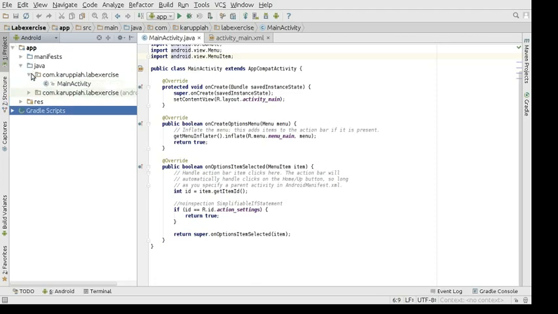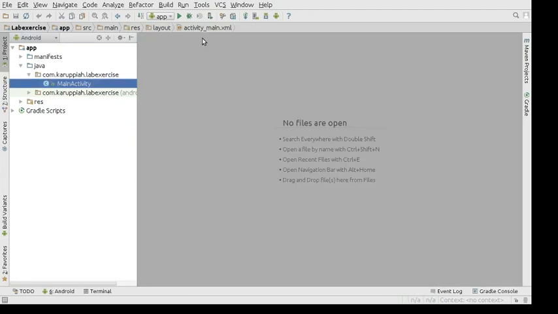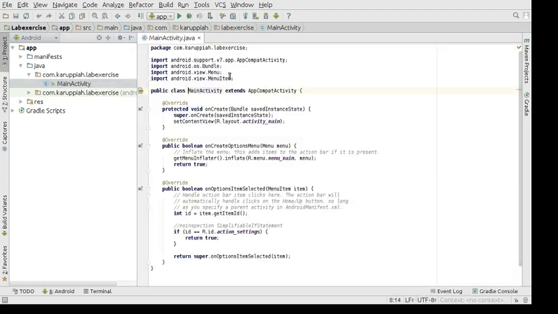and your package name. This will be a package name, your domain name in reverse, and then the app name. Now you have your main activity over here. Let's say it was closed, and it opens up, and then you have the res folder. It's called resources, short for res, and you open up resources.